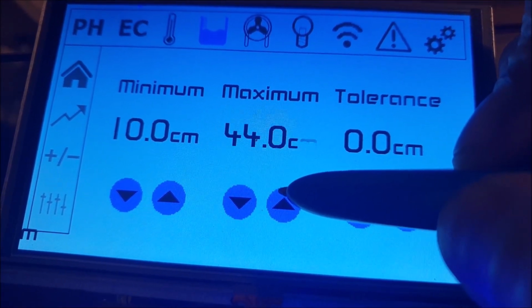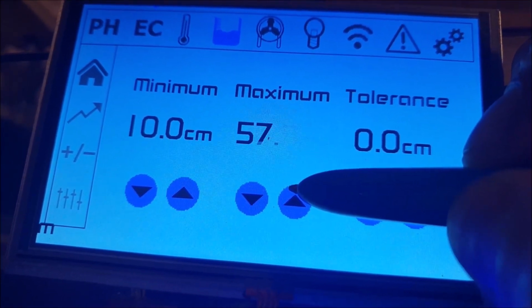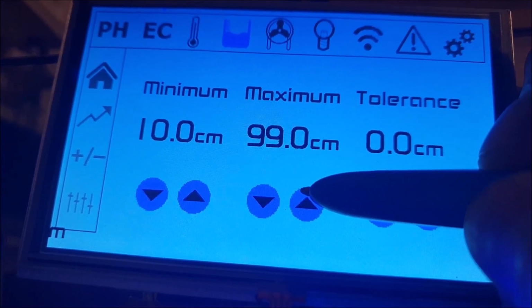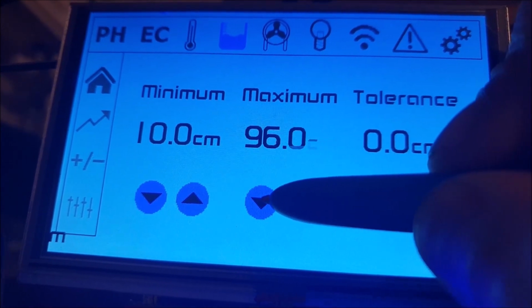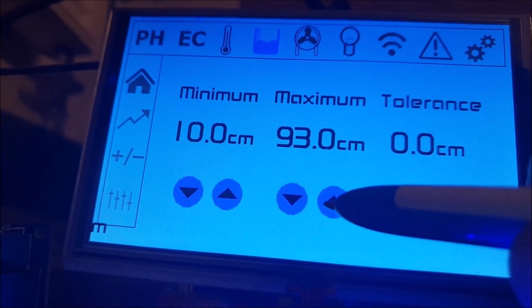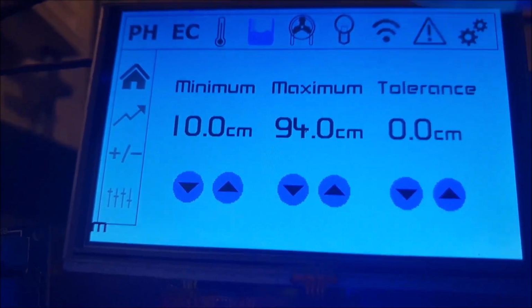I suppose I haven't really shown you, but if you hold it down for long enough, it will start incrementing in 0.1, so there we go, we've got to our maximum now. It's not going to go any higher than 99. I'm quite happy with that though. It does like to do that, a bit of a ghost press. It's because I'm using,